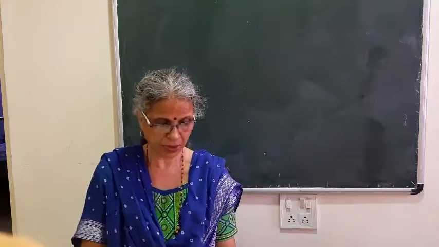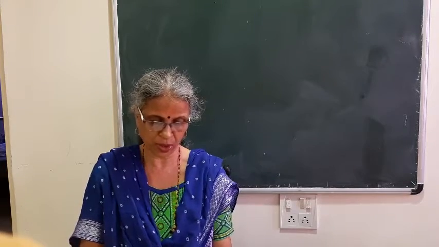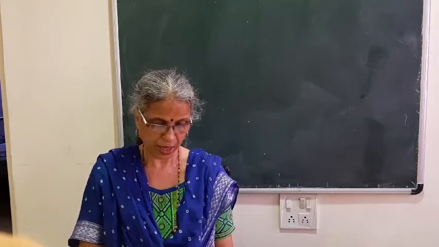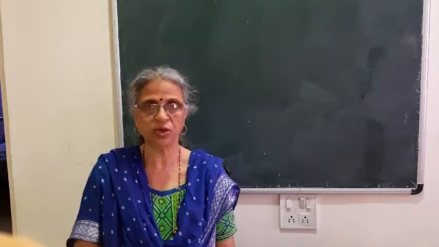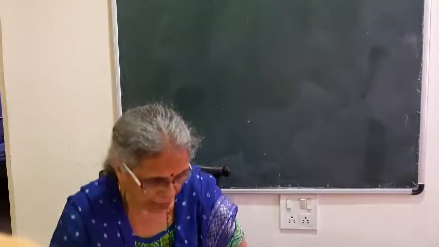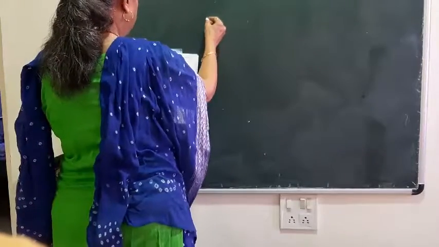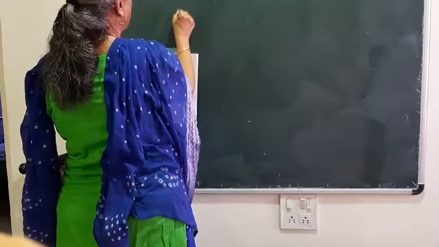There are 6 sums. The first 2 you can do as homework. Third, fourth, fifth, sixth I will show on the board, and according to third, fourth, fifth, sixth you do first and second. So I will write the method. The sums are very easy, so you can do it. So the third sum I am going to do.